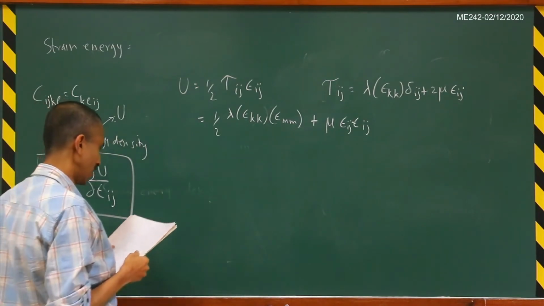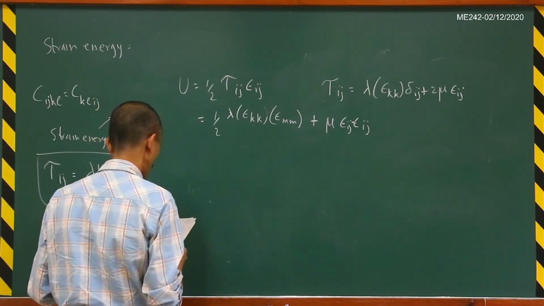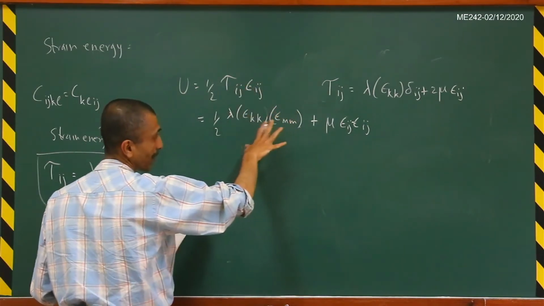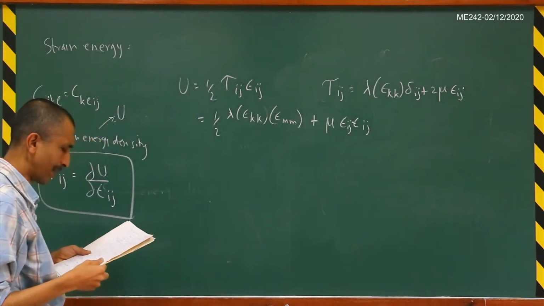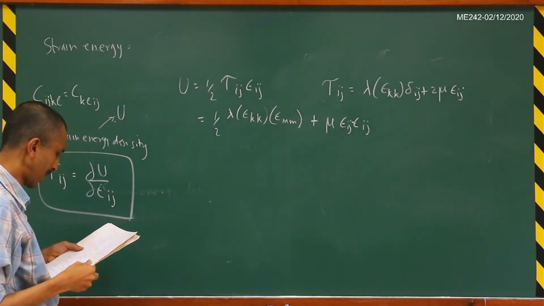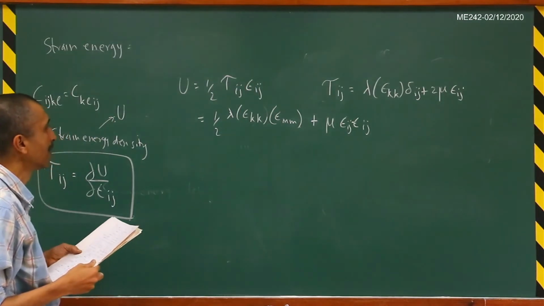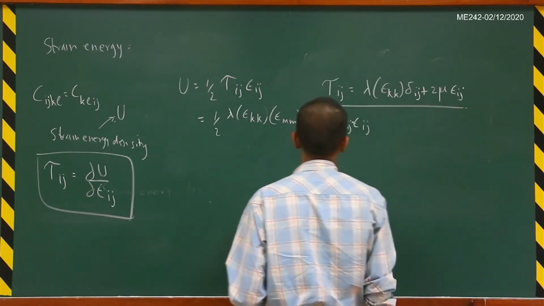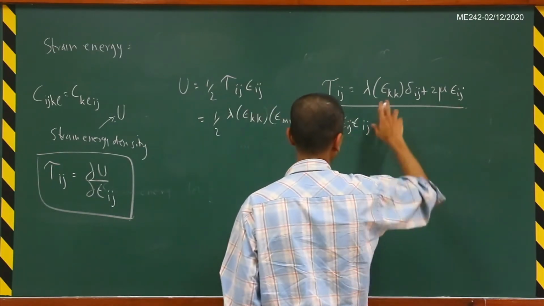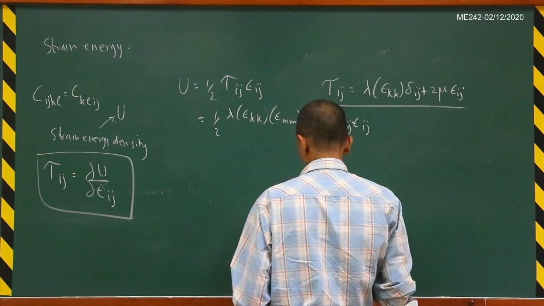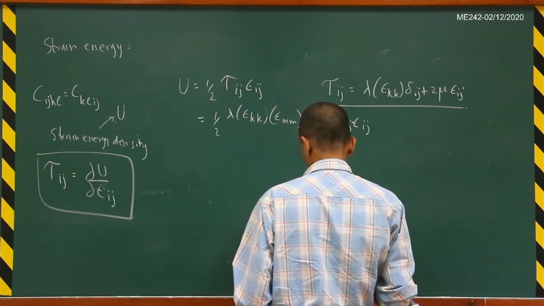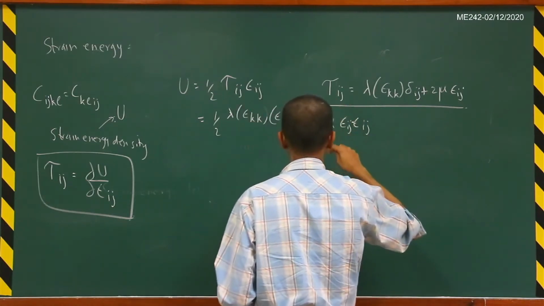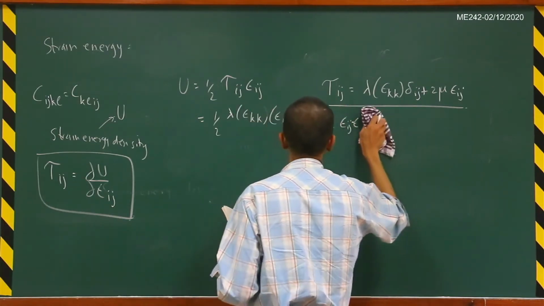And so this is the strain energy density for an isotropic material, in terms of the Lame parameters here. Fine. So now let us look at what the inverse relation is. We have already discussed this particular relation here, right? Tau_ij is equal to lambda times epsilon_kk times delta_ij plus 2 mu epsilon_ij. Now let us look at what the inverse relation is. So from this particular relation here, I will again erase this particular part here.